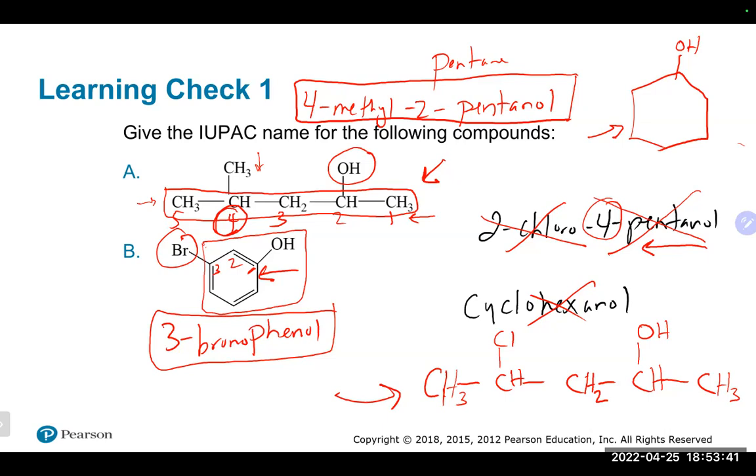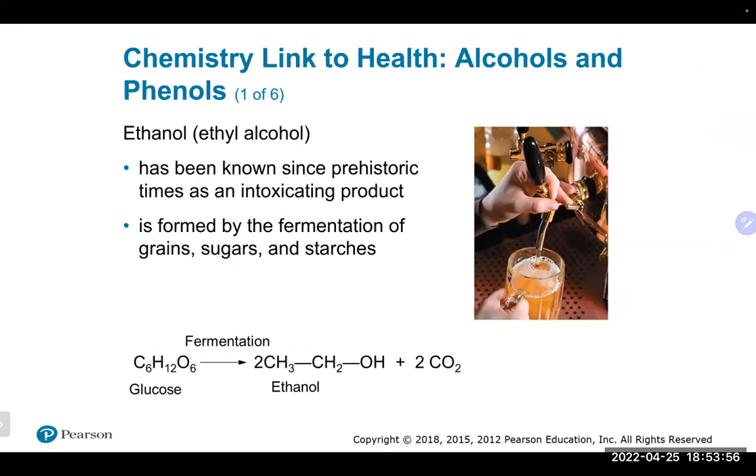But if you're given the name, you do want to just draw it, obviously, how it's written. Yeah. Other questions? And that happens a lot, actually, when you look at some names and stuff when you draw. Other questions on naming alcohols? So let's talk about a couple other things with alcohols here, which are important.